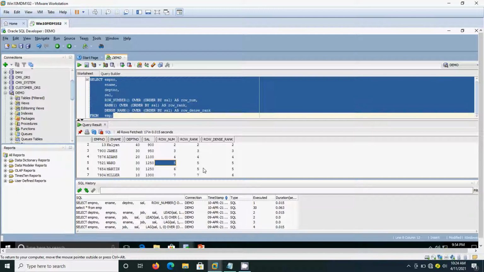That means if the employee table contains 17 records, it will allocate 17 unique numbers. Okay, it contains 17 records.